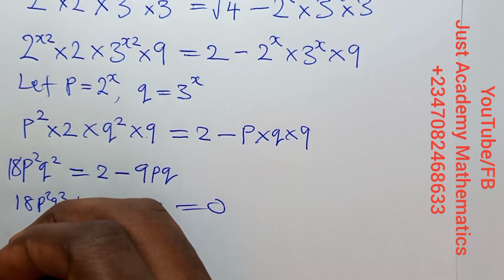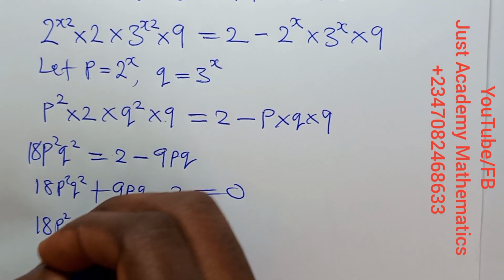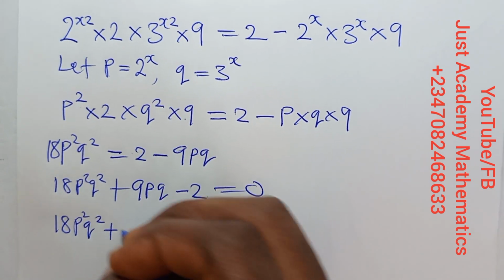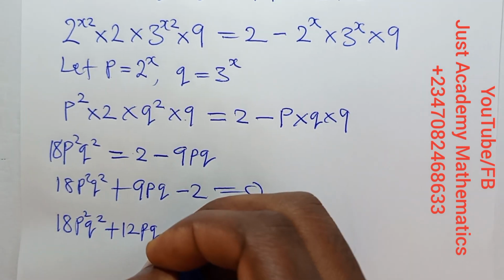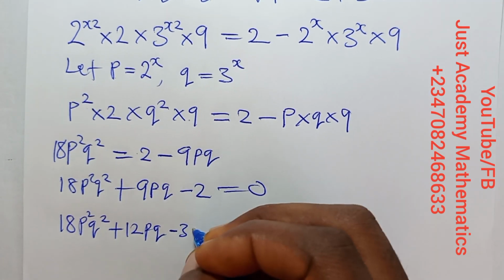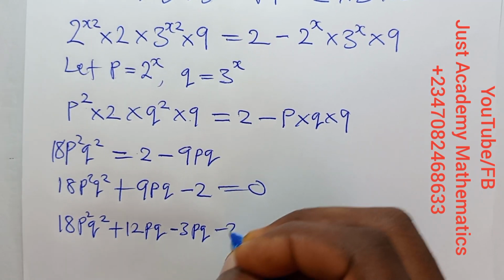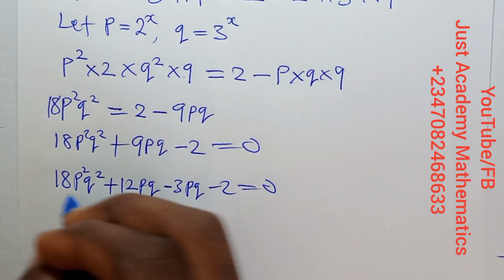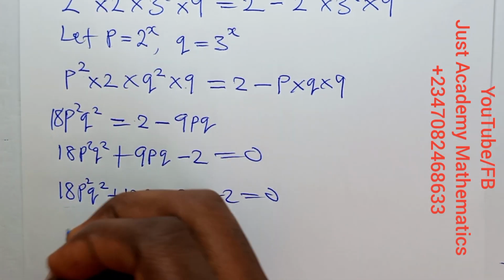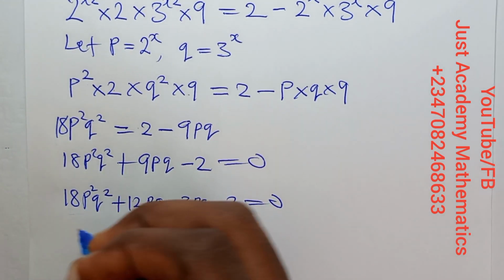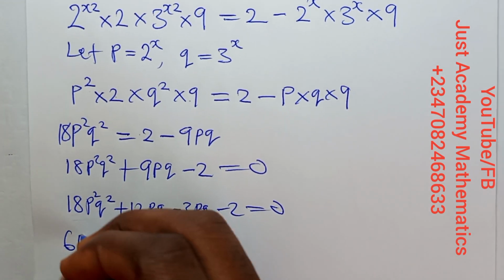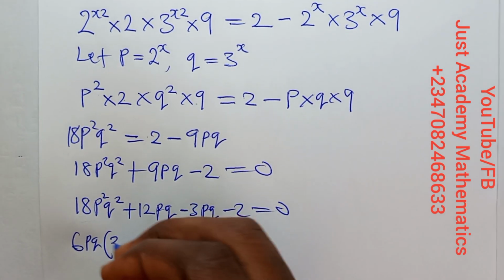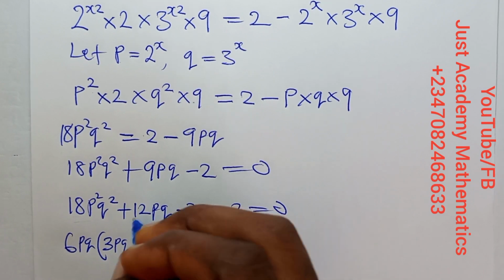replace it here. So we have 18p squared q squared, we said plus 12, that is plus 12 PQ minus 3 PQ minus 2 is equals to 0. So here now, what is common in this one? What is common here now is 6 PQ outside. What will remain here? It will remain 3 PQ,